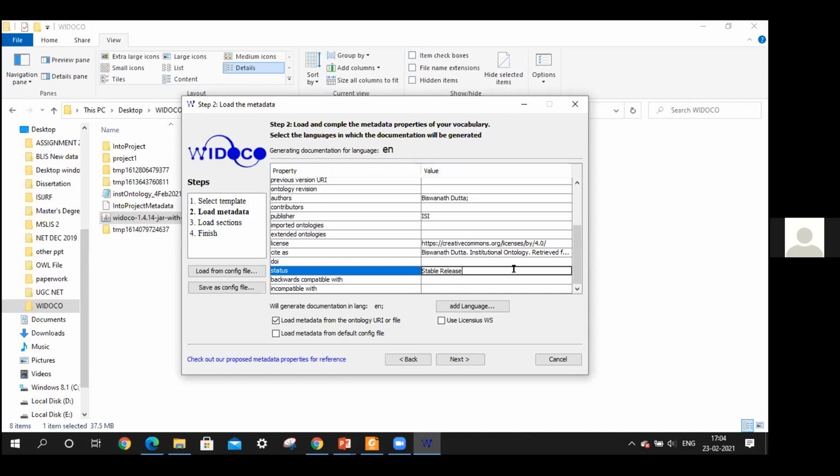I will add stable release in the status metadata. After doing so, as we are loading metadata from the ontology URI, this should be clicked. And after that, we will go to the next option.